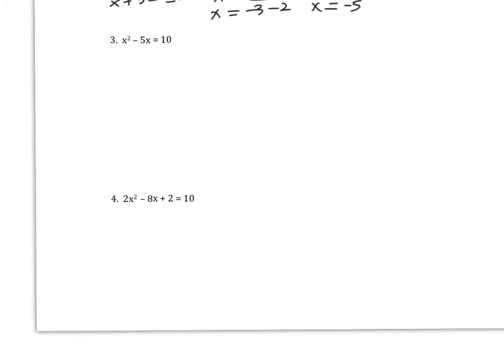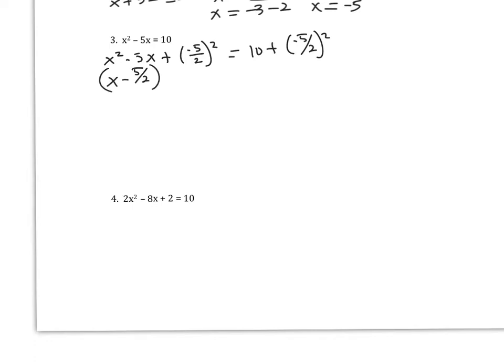x squared minus 5x equals 10. So now we have a negative middle term, and it's an odd number. We're still going to take half the middle term and then square it and add that to both sides. So we'll get x squared minus 5x plus (negative 5 over 2) squared is equal to 10 plus (negative 5 over 2) squared. And on the left side, we can then factor that to be (x minus 5 over 2), that quantity squared,